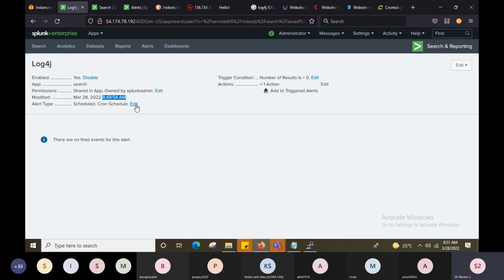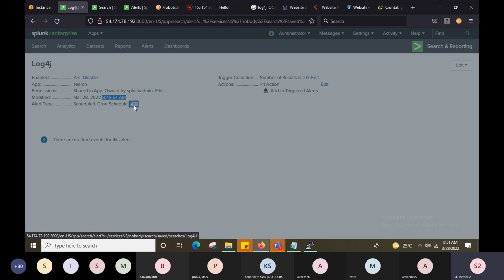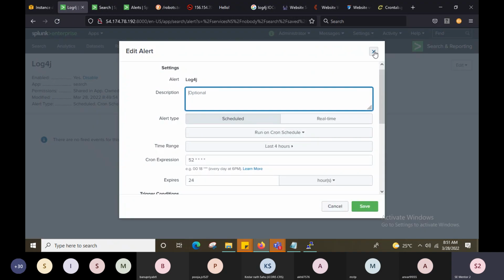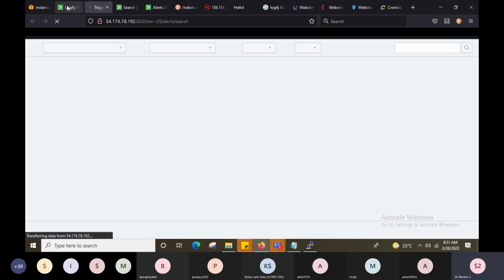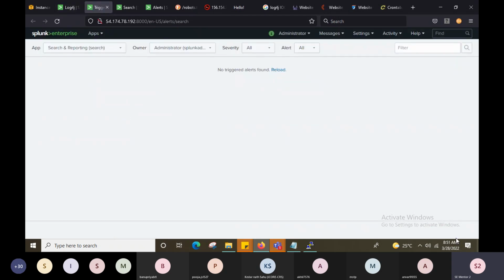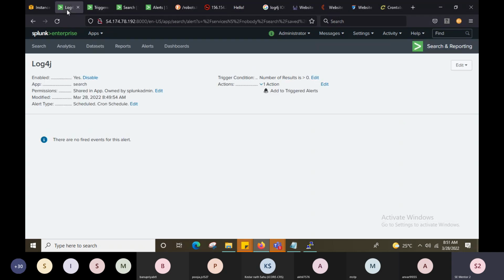It has to trigger at 8:52. If you check the schedule, 52, right? So we'll wait for a minute. Where should we go and check? We should go and check under activity. You will see something called triggered alerts. Ideally, once the alert gets triggered, you should get it under triggered alerts over here. So let's wait for a minute. Okay, and then we'll come back and check this. So meanwhile,